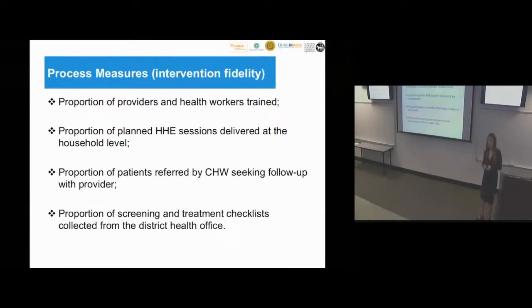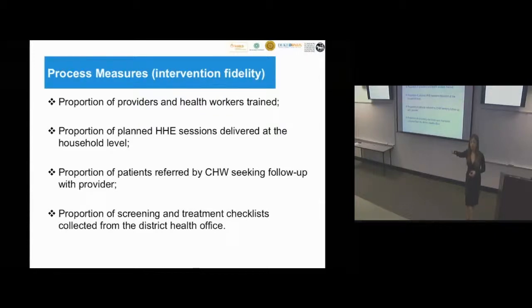And what will this tell us, right? Let's say we do the study and we find blood pressure didn't go down. We then can go back and look at this data and ask, did we actually implement what we were supposed to implement, right? And if we did, we got the checklist, we trained everyone, this is what happened. Or, thought experiment, it actually worked in Pakistan, it worked in Sri Lanka, it didn't work in Bangladesh. We'd have all this data from all the sites.